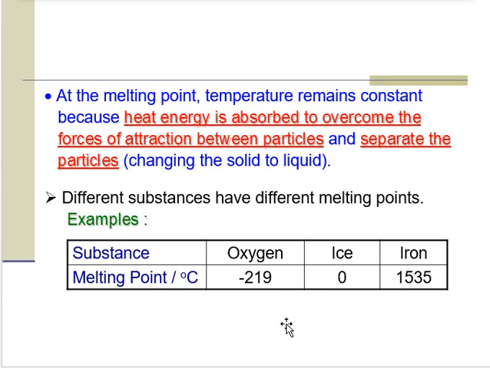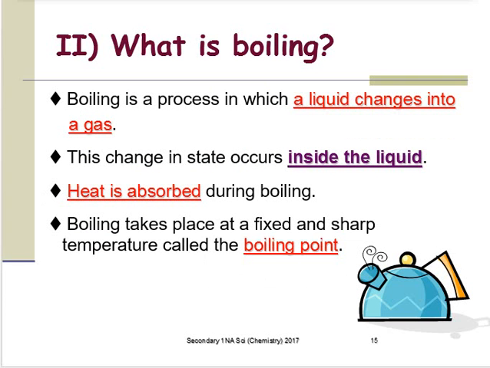Now if you take a look over here, what I want to show you is that different substances have different melting points. One of the common mistakes that students make is to think that all substances melt at 0 degrees Celsius. This is not true. Only ice melts at 0 degrees Celsius. I'll give you an example. Oxygen has a melting point of negative 219 degrees Celsius, which is a very, very low melting point. Whereas a metal like iron has a melting point of